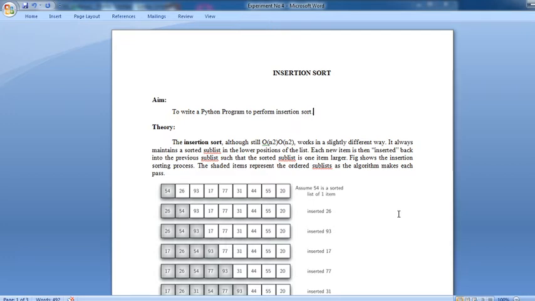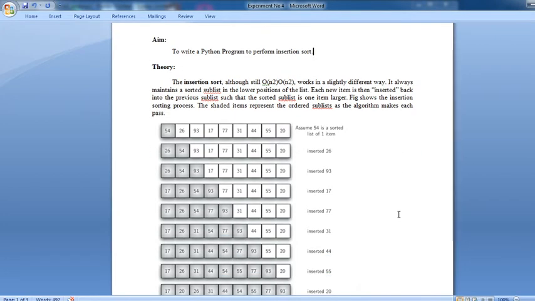The following figure shows the insertion sorting. The shaded items represent the ordered sublist as the algorithm makes each pass. See that figure. What is the first? That is the first row. Assume that 54 is a sorted list of the first item. That is 54, darkly placed.